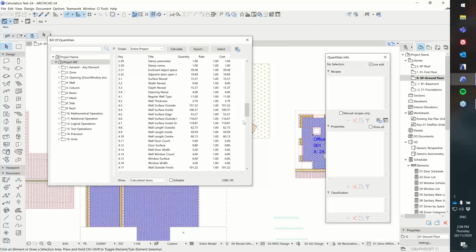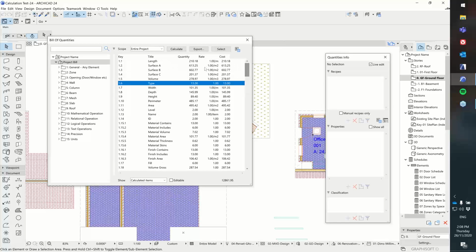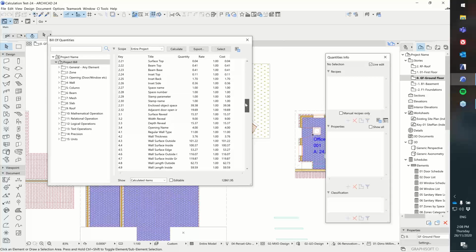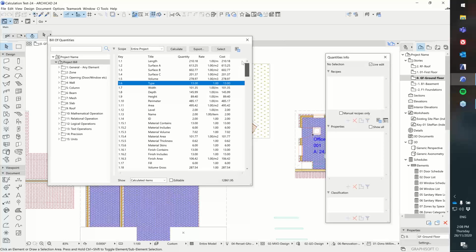And there's also quite a lot of things that are just plain measurements as well. At the moment, in fact, all of our items have a rate of 1 at the moment